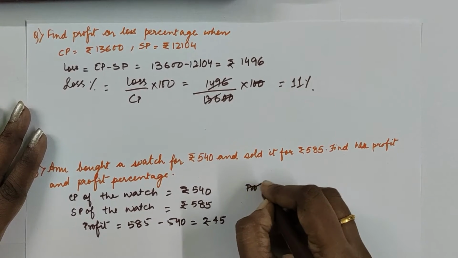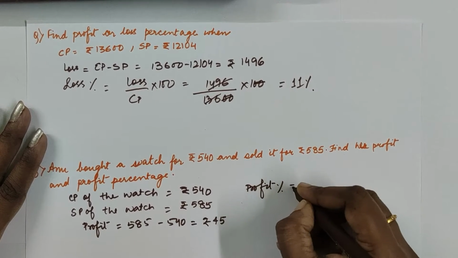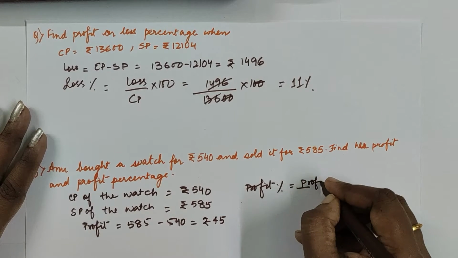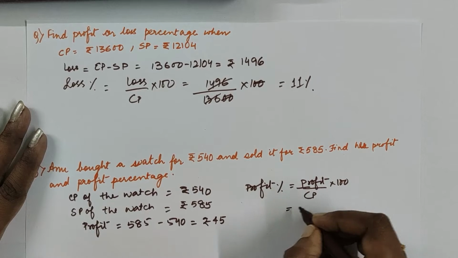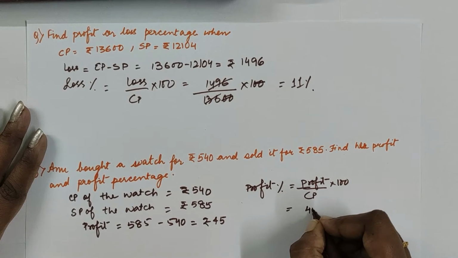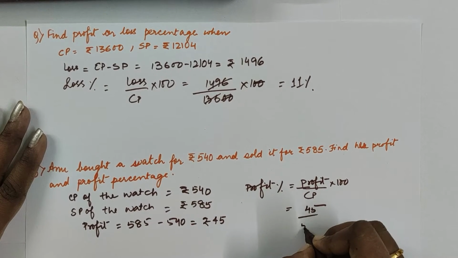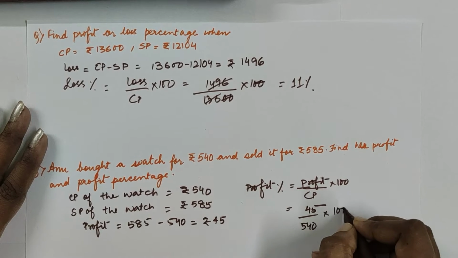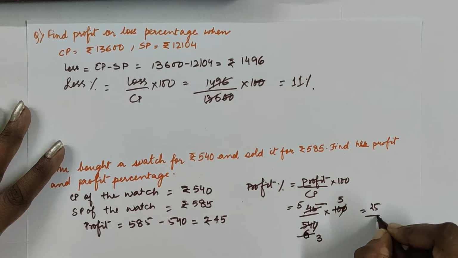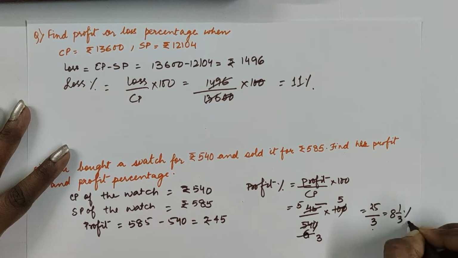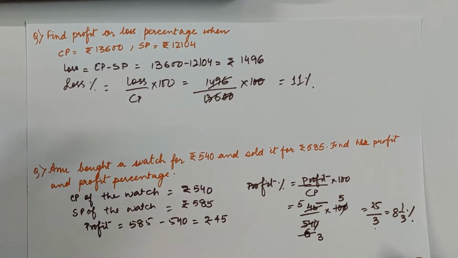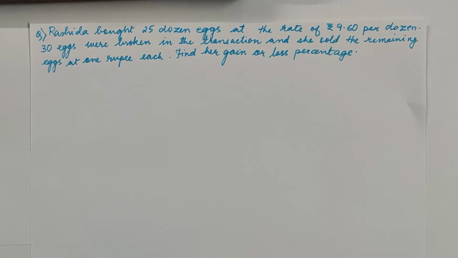So the profit percent is going to be profit by CP. It's always better if you write the formula, it will help you to recall and remember it as well. So 45 by cost price is 540 into 100. So you cut short, we are left with 25 by 3, which is equal to 8 1 by 3%. Now let us look into more questions. Now in the next question,